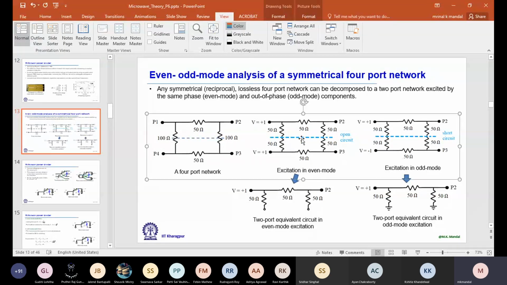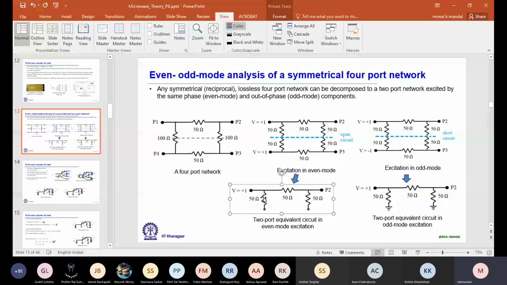So in the even mode circuit, one half, let's say the upper half, we can represent like this, right? 50 ohm, one end is open-ended, and the other is also open-ended. So basically they don't have any influence on this main line, because if a resistor is open circuited, whether you connect it or not does not matter. Similarly, for the odd mode, since it's a short circuit, the 50 ohm's other end is shorted here. So you see, a 4-port problem becomes a 2-port problem.